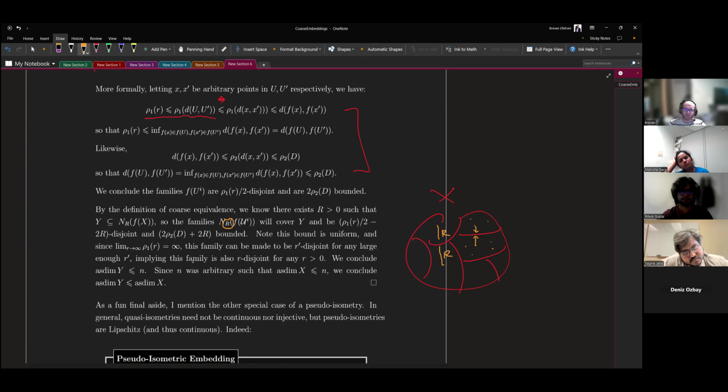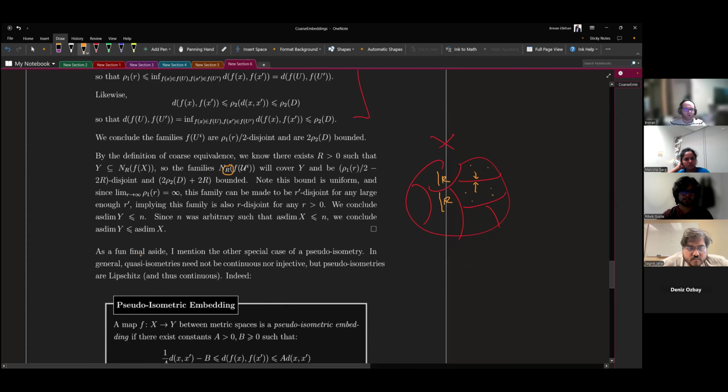Importantly, rho one and rho two get bigger. Because they get bigger, going to infinity, it doesn't matter that we've subtracted a finite constant from them. Just make them really, really big. And now they're as disjoint as we want them to be. Preferably keep the bound small, but importantly, you can make rho two big enough that the 2R doesn't matter. It's just uniformly bounded. Yes. And then, of course, if we can make it R prime disjoint for any large enough R prime,